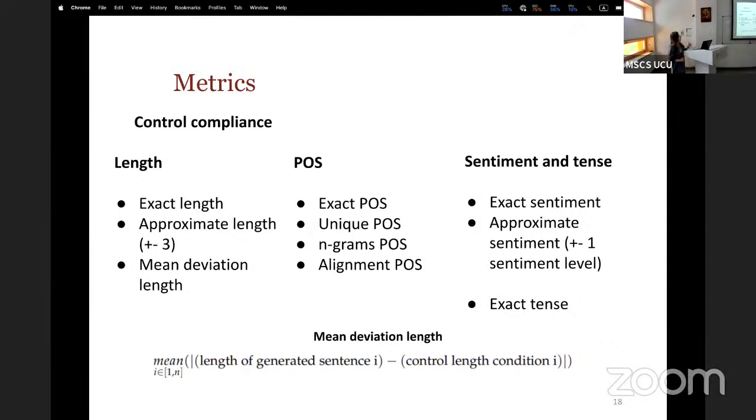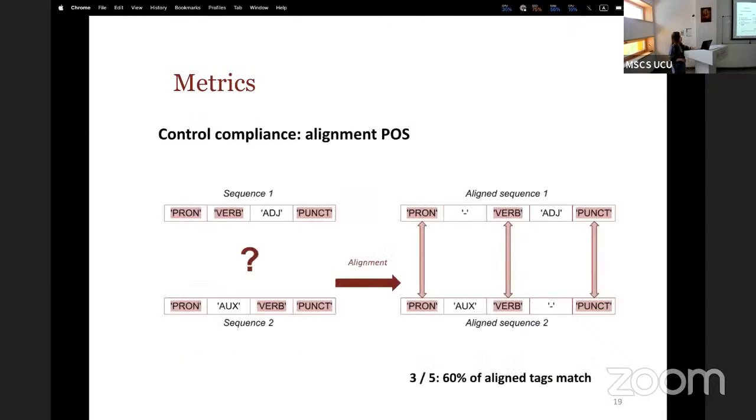For sentiment, there is exact sentiment and approximate sentiment, which is plus or minus 1 sentiment level, because negative and positive are often confused with neutral. And for tense, one metric, which is the exact tense.